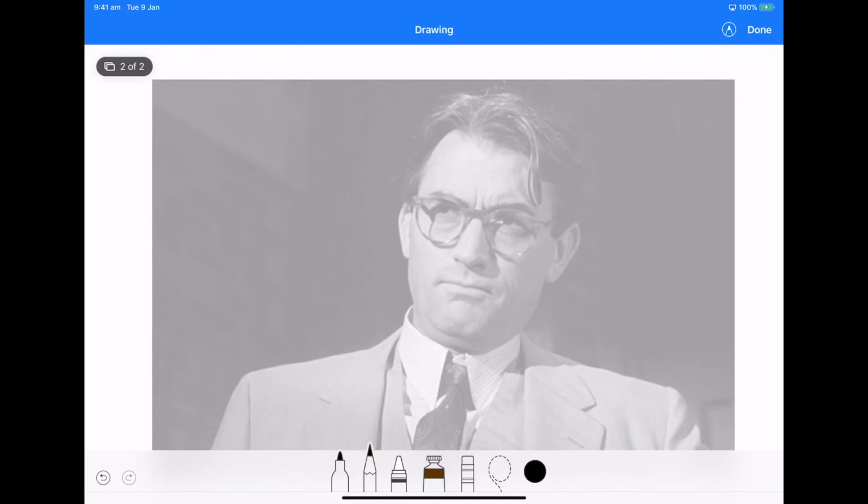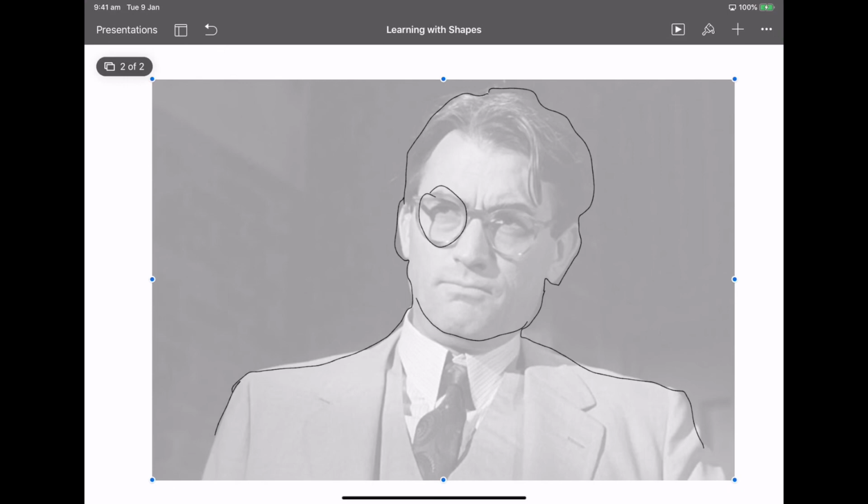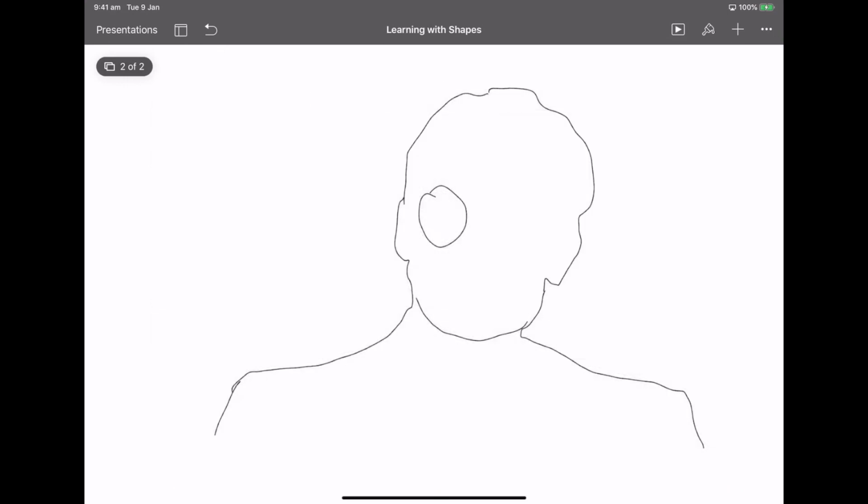They'll just tap the Apple Pencil on the screen, choose the correct tool. In this case, it probably will be a pencil. Choose the correct color, and students can simply draw around and trace an image. And it actually looks quite professional once you remove the actual image afterwards. Now, I don't have time to draw around all of it, but you get the idea. Once it's done, students can then just delete the original image, and they're left with a sketch